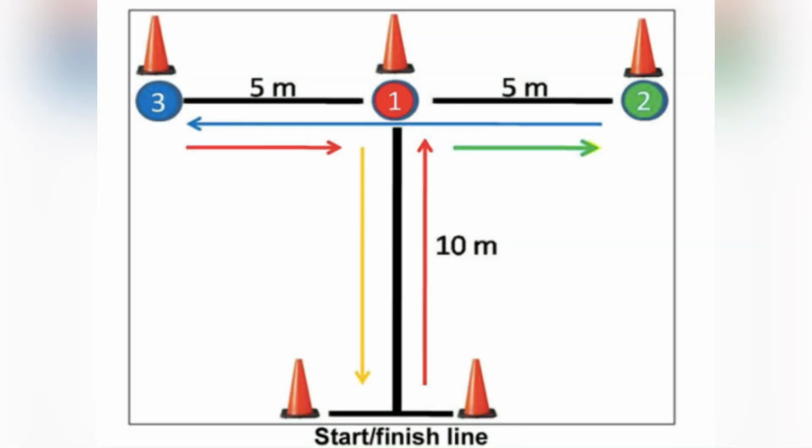The T-test is a test that measures lateral, forward, and backward agility, quickness, change of direction, speed, and the ability to accelerate and decelerate and move laterally. It takes 4 cones, one measuring 10 meters to the first one, and then 2 on either side measuring 5 meters. Participants are required to sprint from the start cone as fast as possible and touch the starting cone number